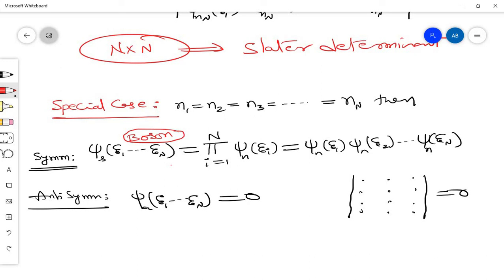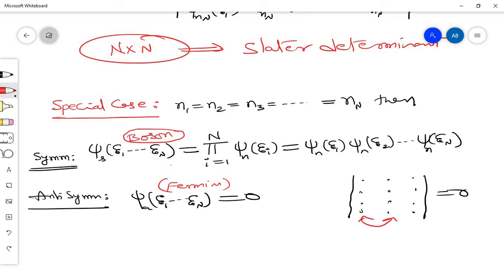But when it comes to the antisymmetric, that is the fermion family. In the fermion family, if any two states are equal, let's say this and this are equal, remaining not equal, any two columns will be equal, then the determinant automatically will become 0. So this is of huge importance. That is how Pauli's exclusion principle originates here itself. Then we will discuss later.